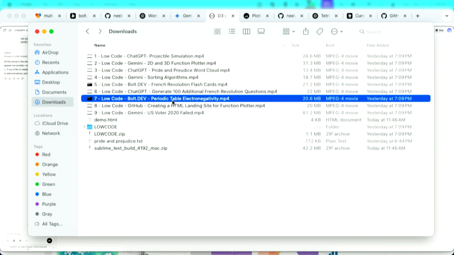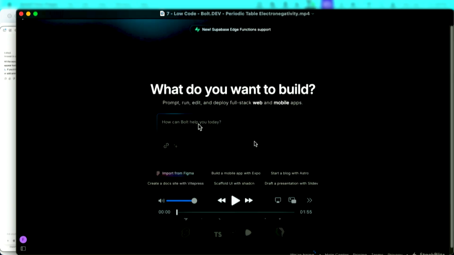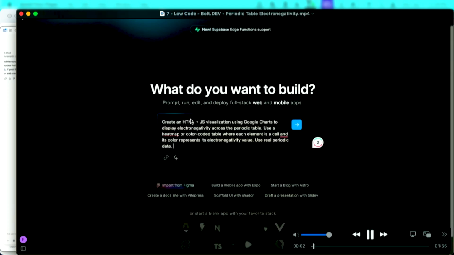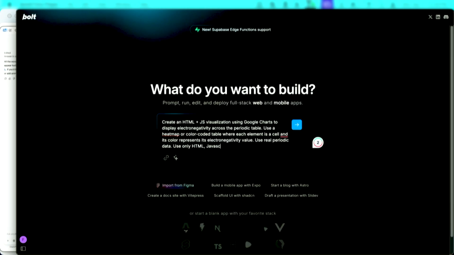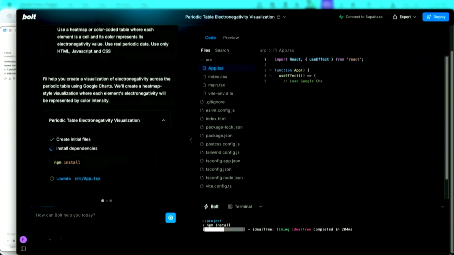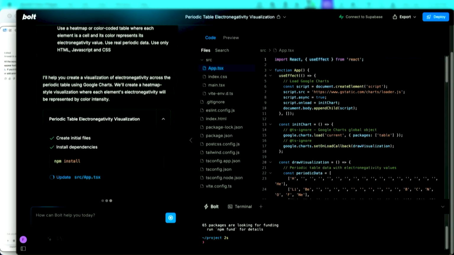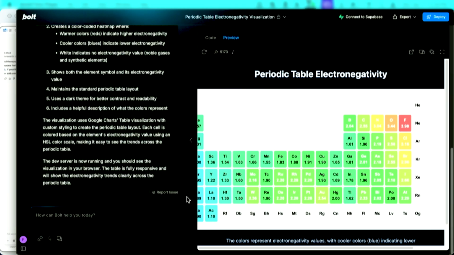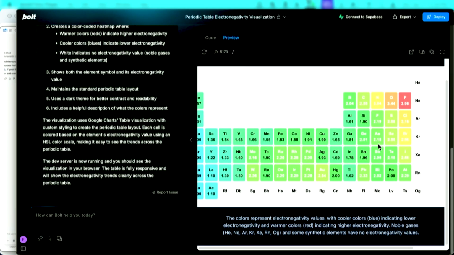So the next one, this one was an easy one. This is actually an example of doing something just for the visualization. It basically shows the electronegativity of different elements on the periodic table, which is basically the affinity, my understanding is, of certain elements on the outer layer of the electrons to be more sensitive to electrons.